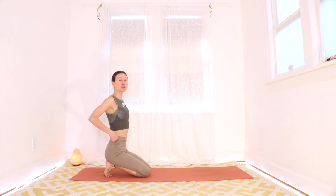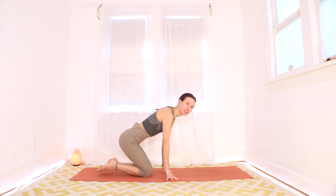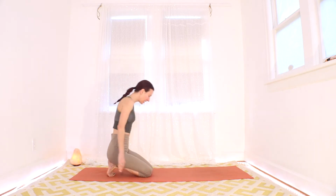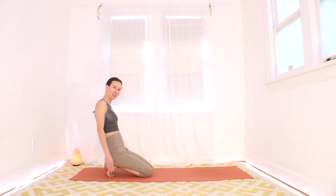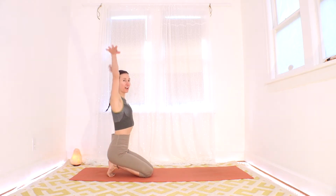For some people, this is really super uncomfortable, so you don't have to. You can just untuck, okay? Just sit on your heels untucked. But if you can stand it, do it as long as you can stand it, I would say. I have to tuck my pinky toes under. Maybe you do too. All right, friends, so get your arms up overhead, interlace your fingers and flip those palms